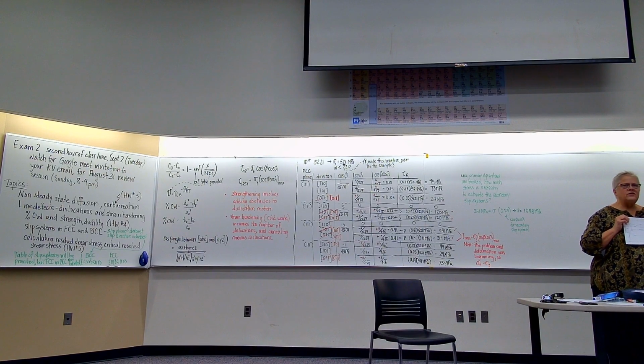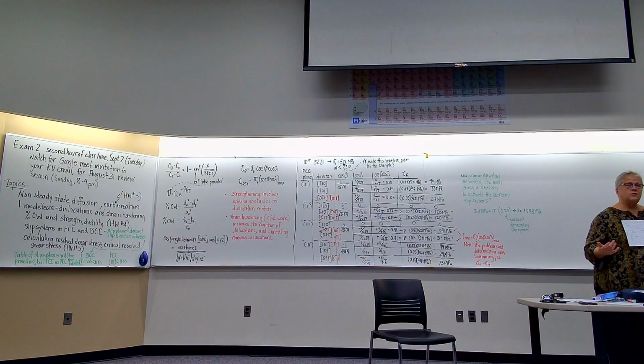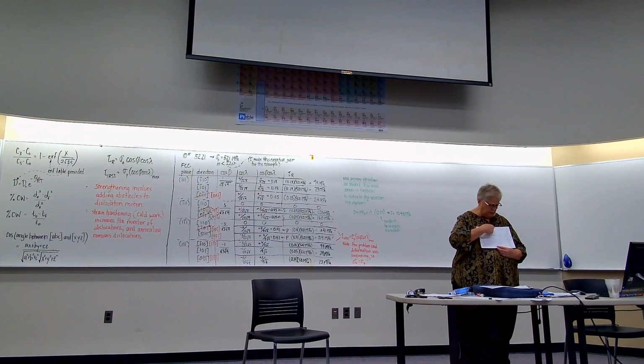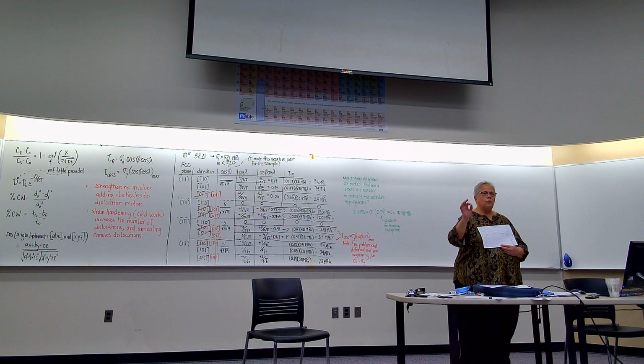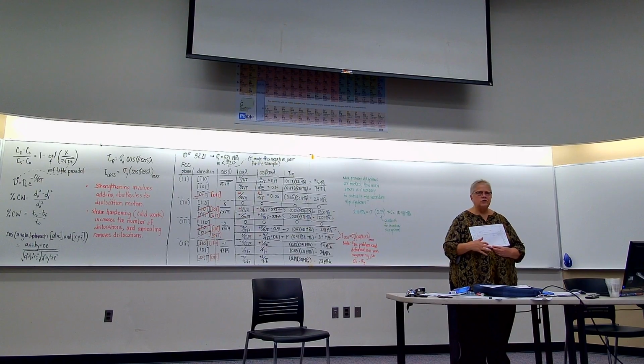So because copper and silver don't weigh the same amount, if we wanted to know the percent copper atoms versus silver atoms, that would be this up here. Rarely do we want that. But this is why you have to indicate weight percent and not just percent when you're talking about composition.